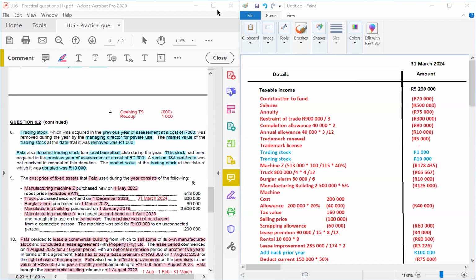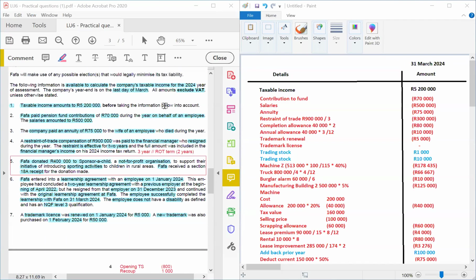And then on transaction number 4, there's something that you have said about the highest of the three, the 3 and 2. I did not understand whether you meant the highest in terms of the value or in terms of the years. Highest in terms of the years. Oh, okay. So the 3 years is always fixed, and then you need to look at the restraint of trade term. So you choose the highest of the two to be able to get your allowance. That's why we divided by 3 years.